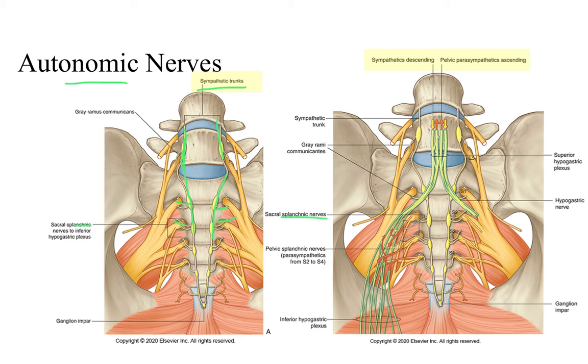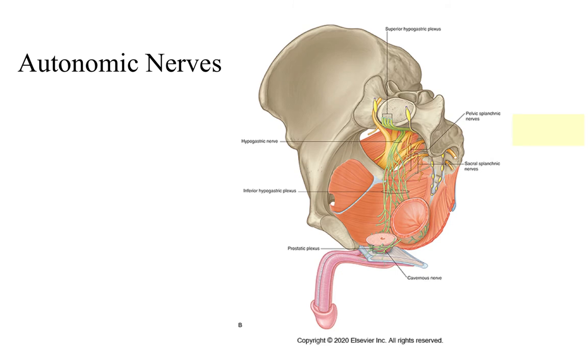So we also see now a more close-up view of the superior hypogastric plexus, and notice that it contains both descending sympathetic, so it's not just coming from the areas within the lumbar sympathetic trunks, but also from above, and then there are pelvic parasympathetics that are going up. So just another picture showing you the inferior hypogastric plexus and how they intersect and join the hypogastric nerve, the